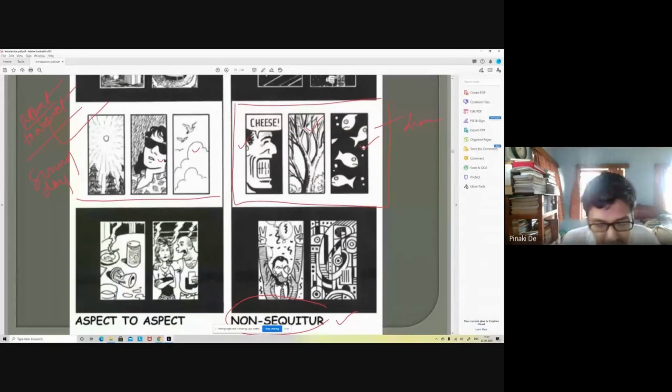Non sequitur. So McCloud talks about 6 kinds of transition. Let me talk about it again. Moment to moment, when there is a transition with respect to time. Action to action, when there is a transition with respect to action. Then there is subject to subject, when there is a transition with respect to subject. Then there is what we call scene to scene, when there is a transition with respect to space specifically, and also time, but it is also concerning a change of scenario. Aspect to aspect, when there is a transition about the same thing but done in a macro and a micro